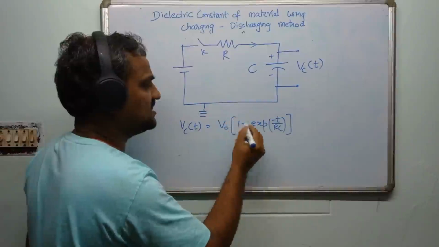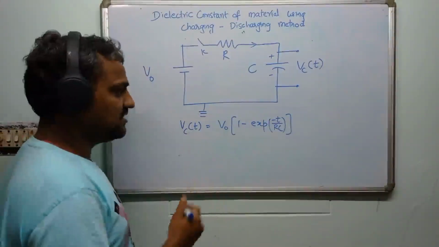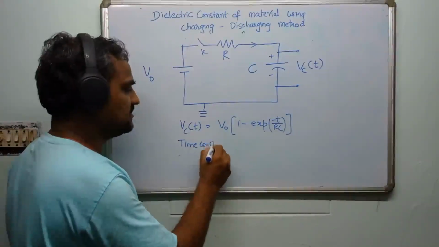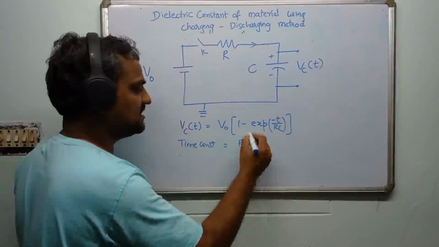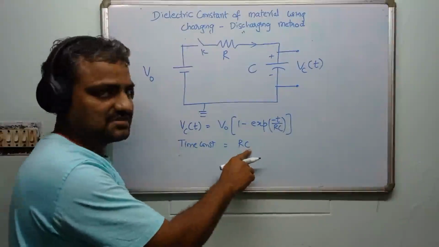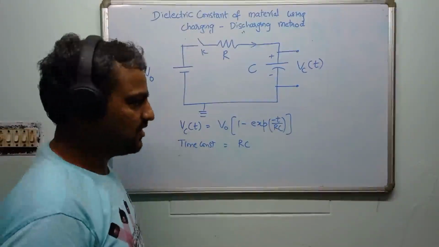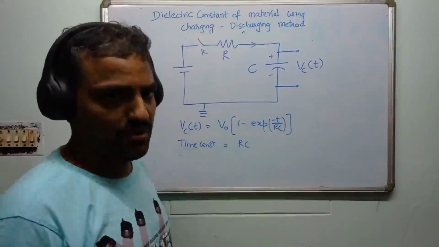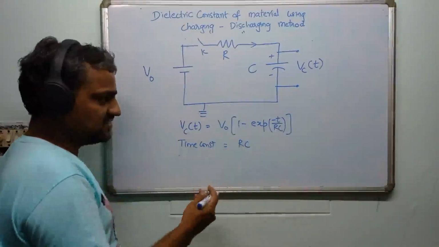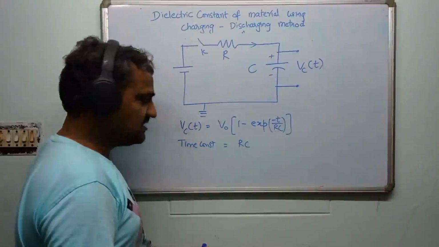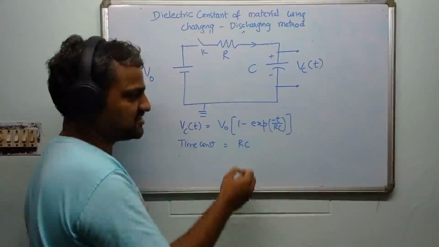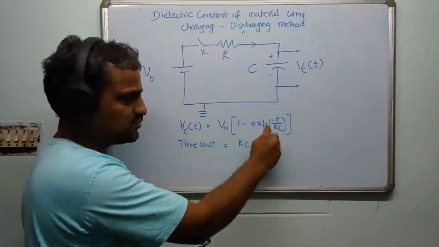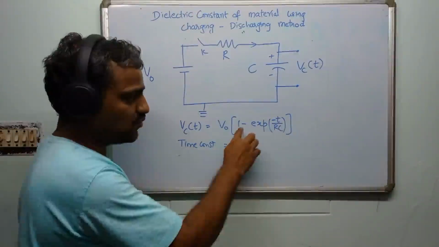So this is the charging equation for the capacitor, and here we define a parameter called the time constant. The time constant is given by R times C. The resistance R and capacitance C, the product is what you call the time constant. What is this time constant, and what is so special about it? You can check this by putting t equal to RC in this expression: RC gets cancelled, e to the power minus 1, which is 1 by e. So 1 minus 1 by e.